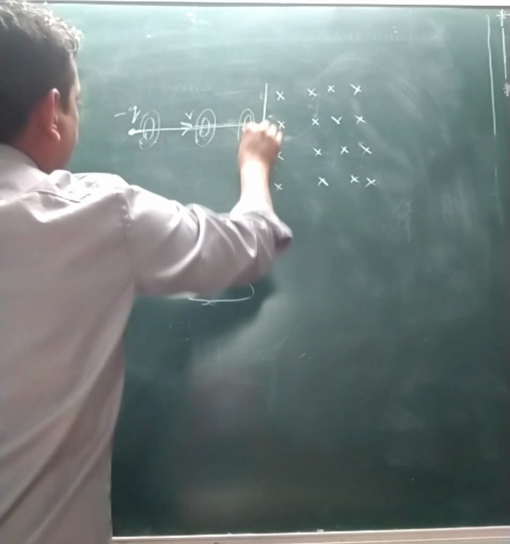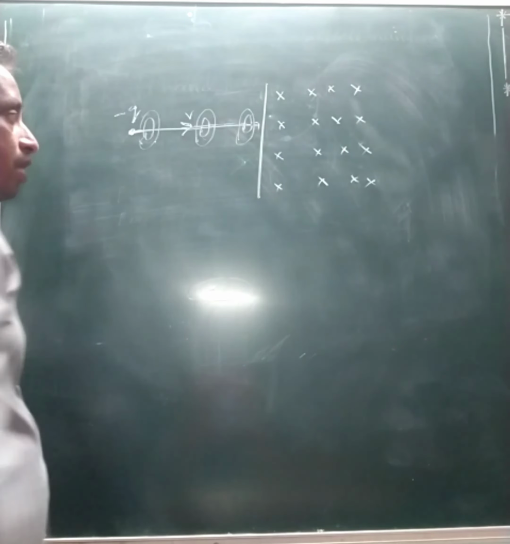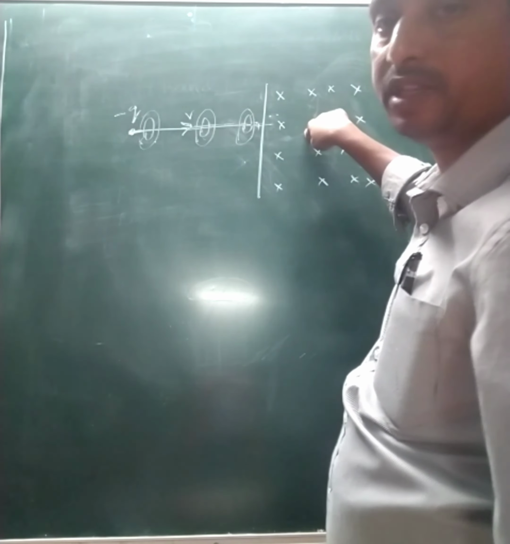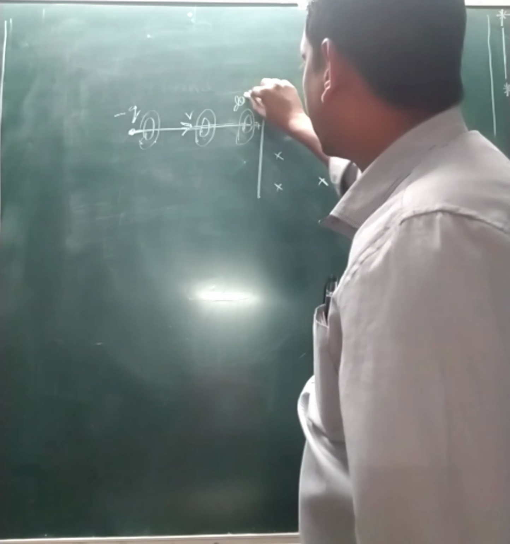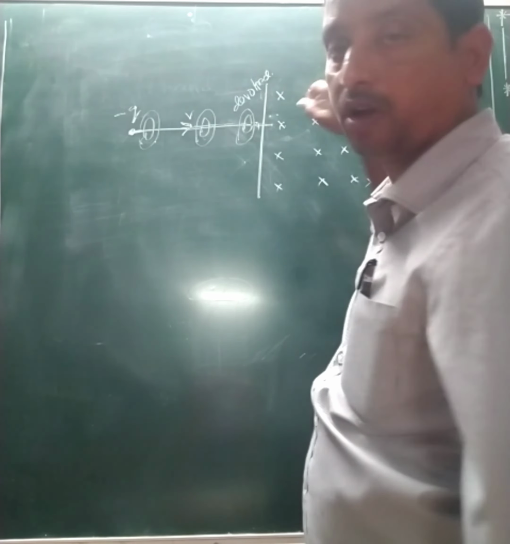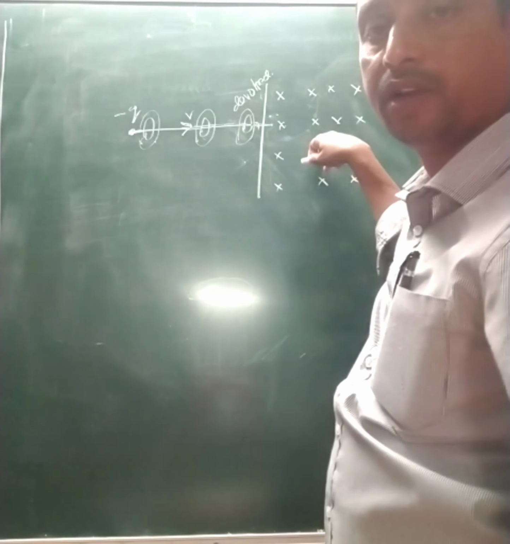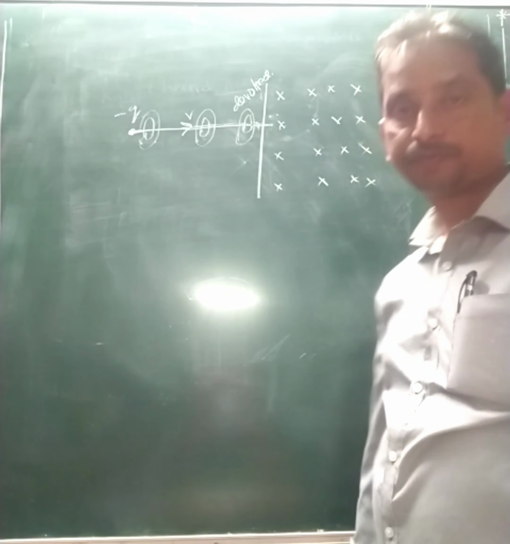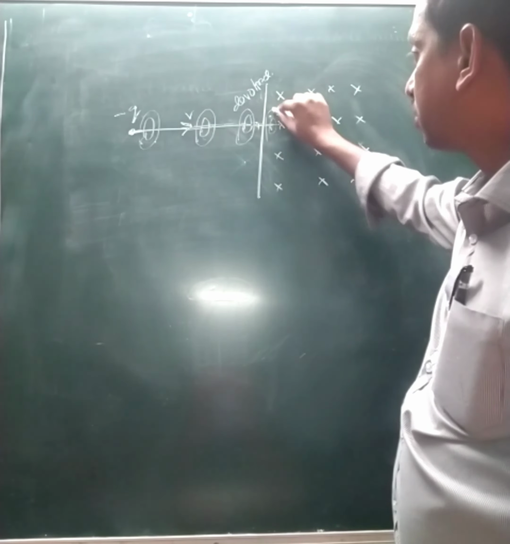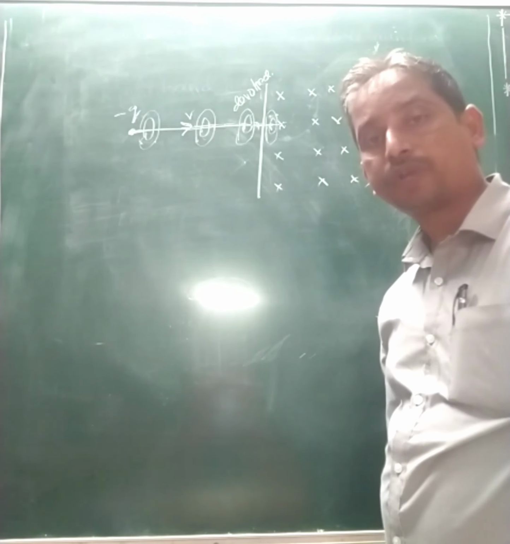Up to this point, is there any deflection on the particle? No, it is moving in a straight line only. When it enters this region, the applied field is already there. This one is the developed magnetic field, and this is the applied field, which we apply here using bar magnets or some other technique. When entering this region, there will be two magnetic fields, and automatically it will suffer a deflection.